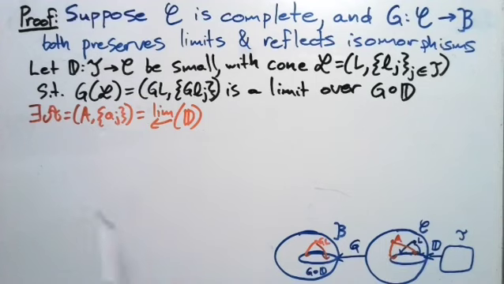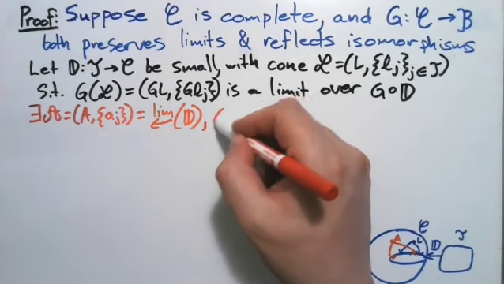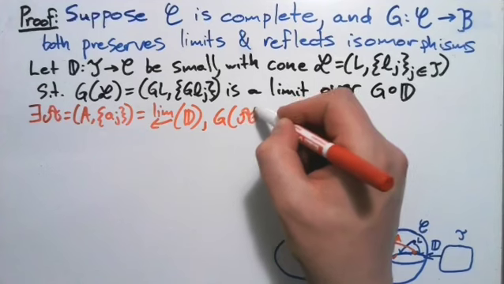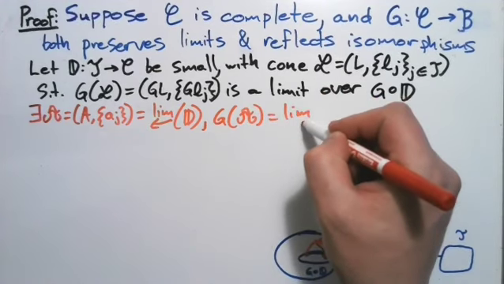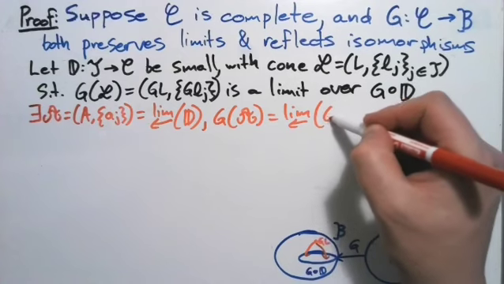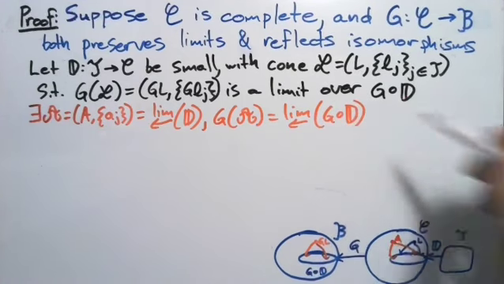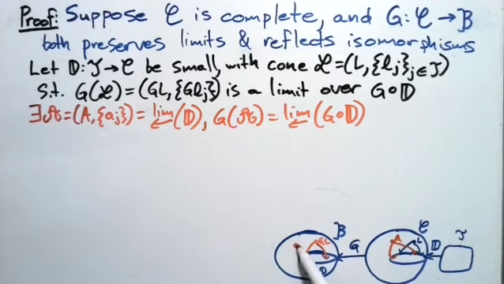And so if A is a cone over D, then if we map it by G, we also have a cone over the composition here, right? Because functors always preserve cones. But not only that, G preserves limits. So G of A is actually going to be a limit over this composition, right? Not just a cone. So we have that G of A is actually also a limit over the composition of G and D. So we get that we have another limit